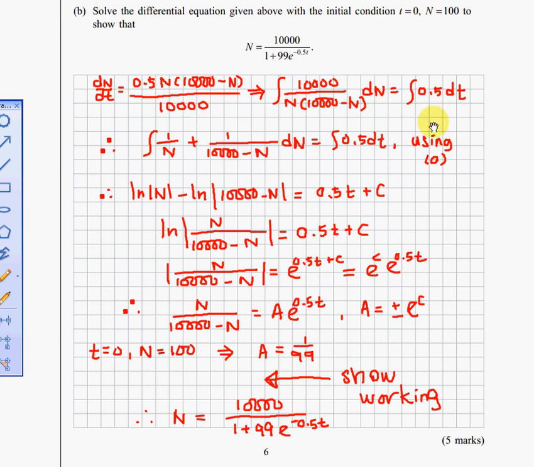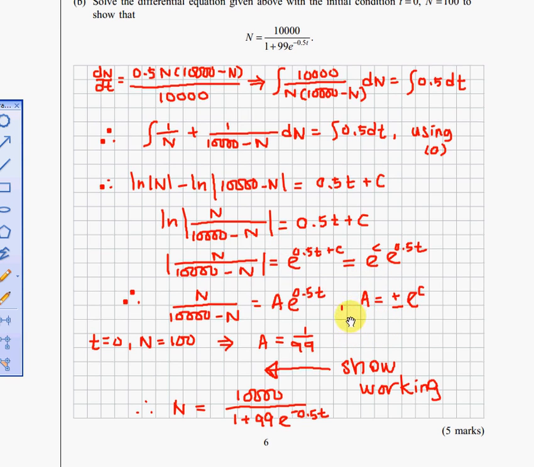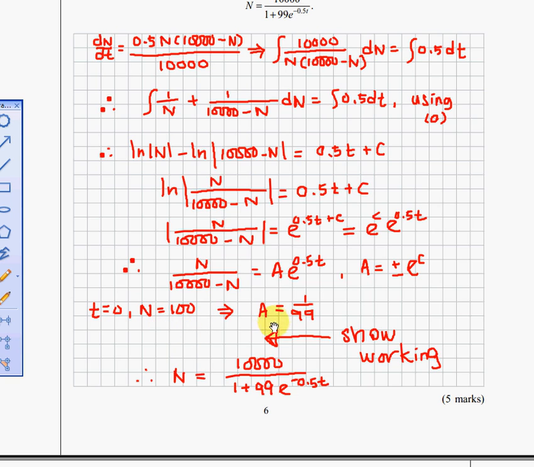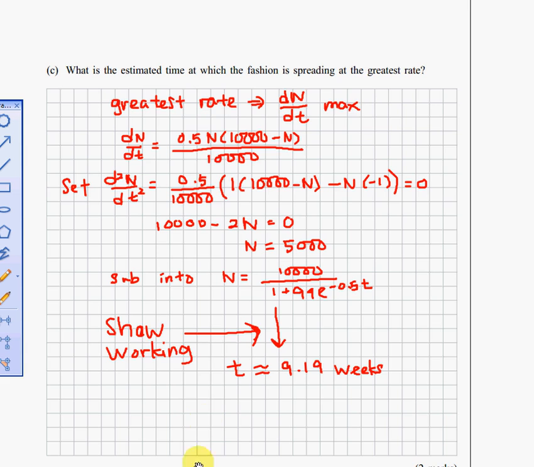First of all, for the 5 marks, okay? First of all, separating them like this. Using the special formula in A and mentioning it right here. Integrating and being able to write this form. And then opening up the modulus sign, end up with this. And be mindful that the A is actually positive or negative of e to the power of c. And performing substitution, get your A. And finally, there is actually some work required here. I'm just lazy, I don't put it here, but you need to do them and show them, and you end up with this